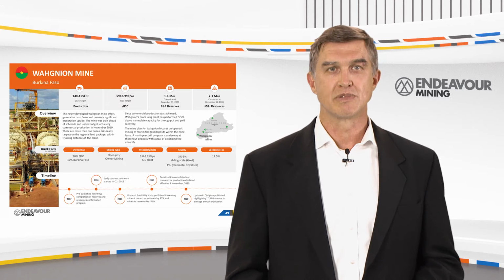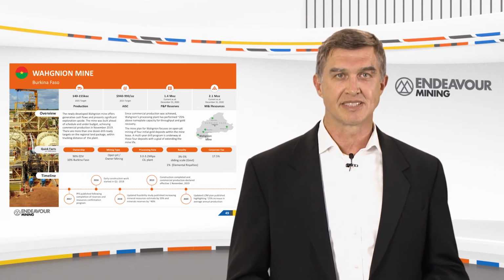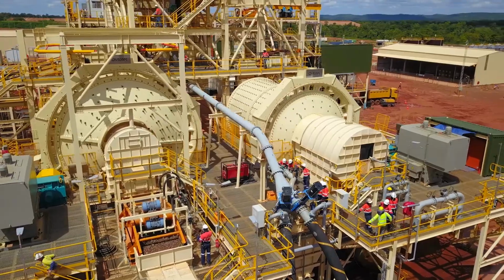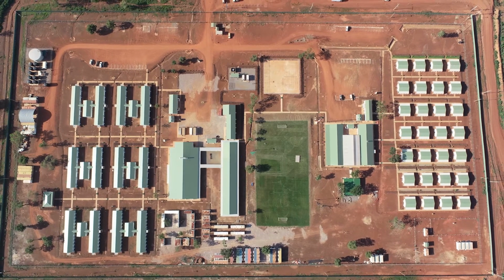The CIL plant was designed by Lycopodium, who also designed our Ity, Houndé and Boungou plants. It is very reliable and is equipped to process a combination of oxide and fresh ore consistent with our other operations in the region. One of the things that we are proud of at Wahgnion is how the team have